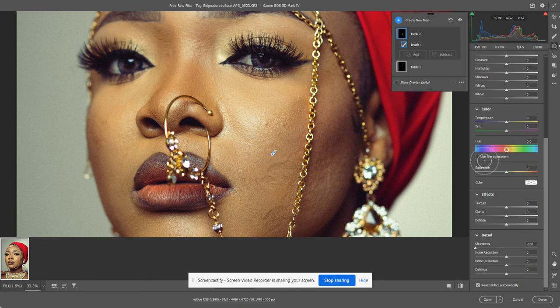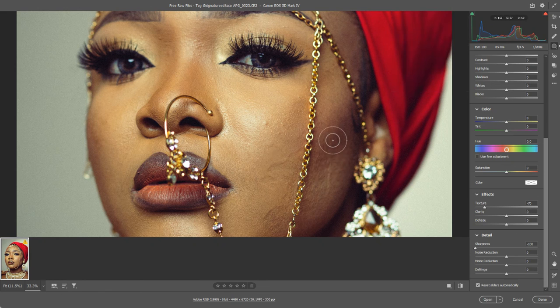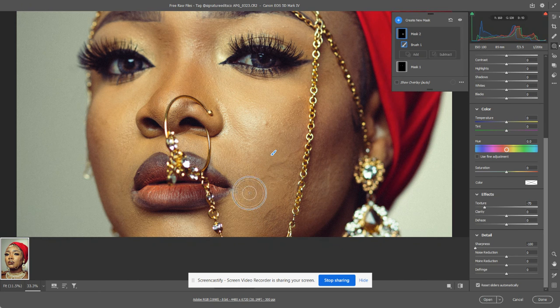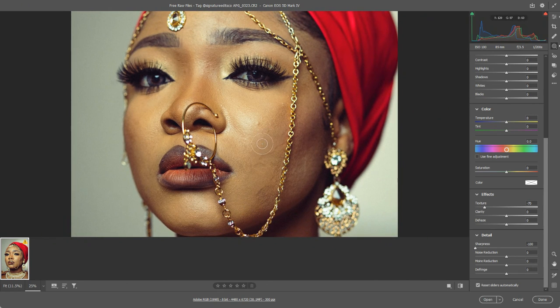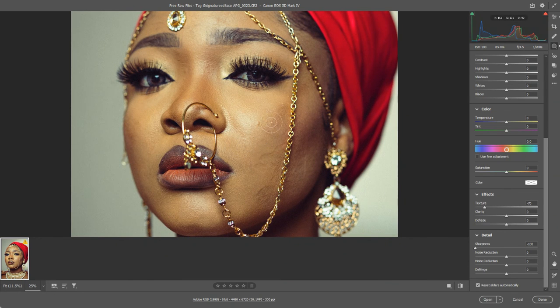Now the change here is probably just too subtle. I can see it a little bit when I turn mask 2 on and off. A little bit less sharpness, but maybe I need to also try bringing a bit less texture in there. And I might carry on painting onto this side of her cheek as well. So again, we're dealing with really quite subtle changes. Whether you'll actually be able to see them on a YouTube